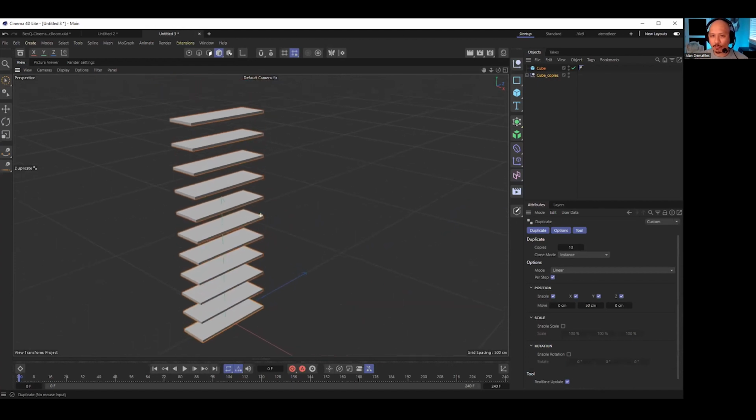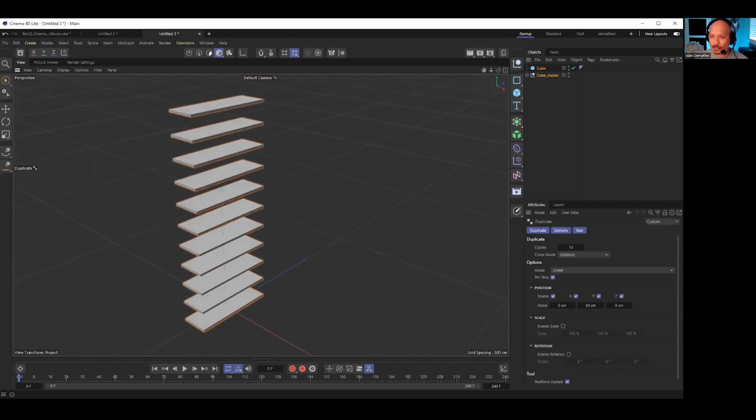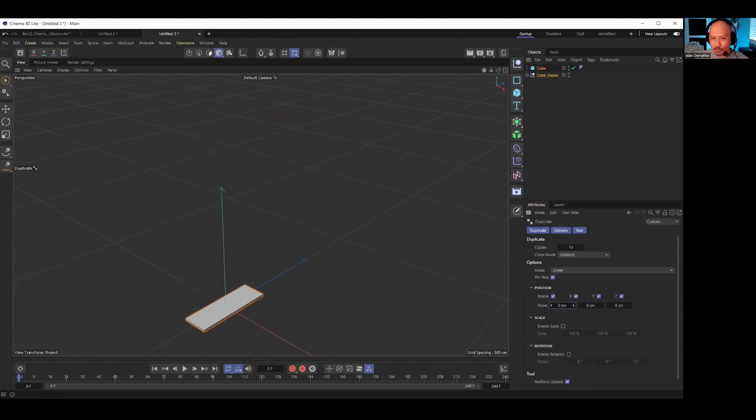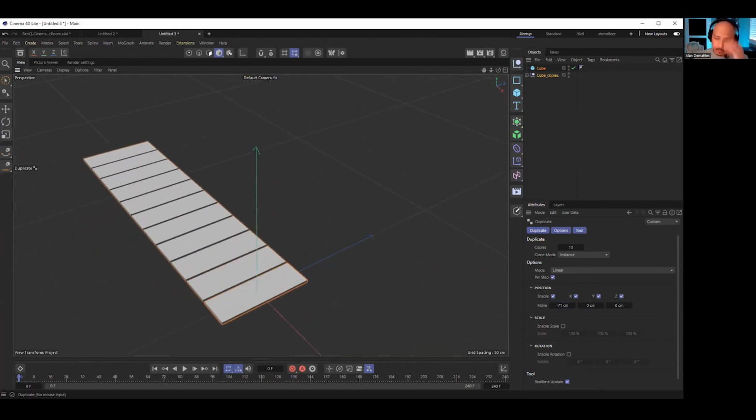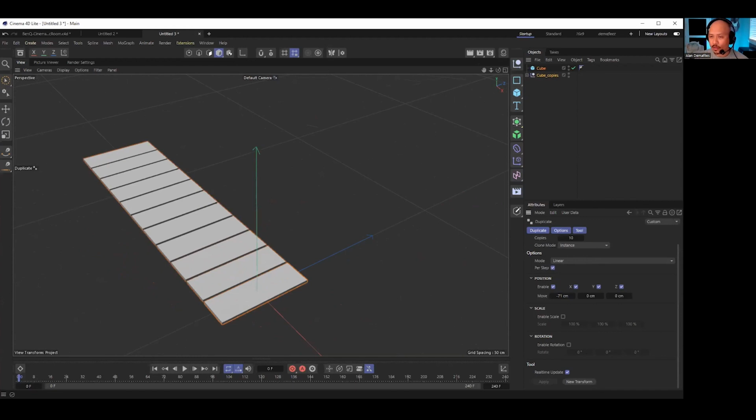And so this is kind of what the cloner does. It takes it and makes copies, right? I don't want it going up in the y-axis. I actually want these going across this way. So something like so. And now that we've done that, we can actually go through and say a new transform,